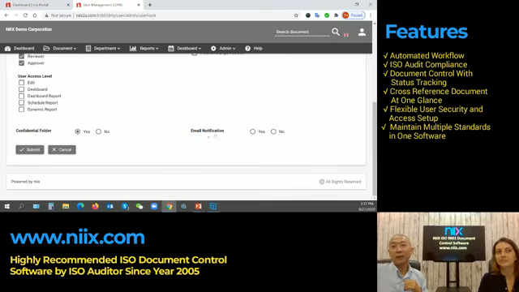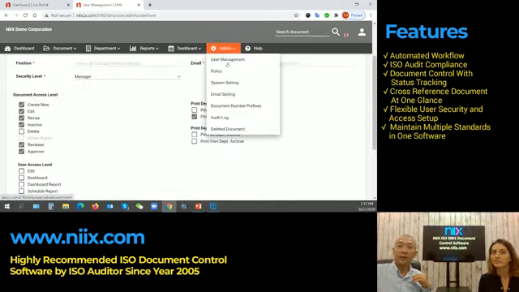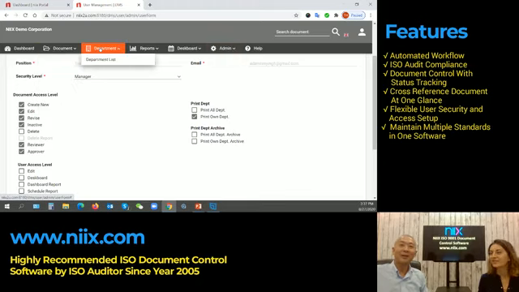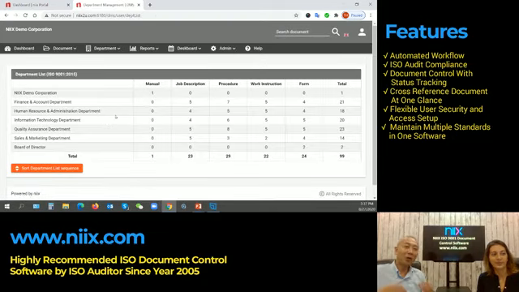Same thing for the email notification, whether we want these users to receive the email notification or not. So there are a few other settings for the admin side, but I think we can skip this in today's FB Live. The most important part is, for example, we want to look at the department list, like how many documents you have for each department.